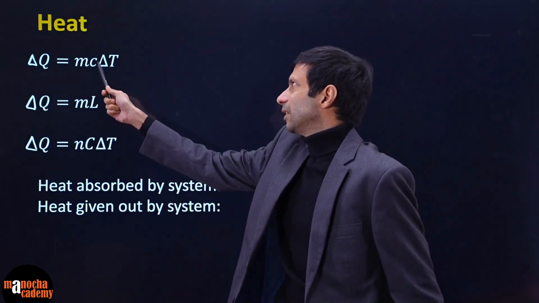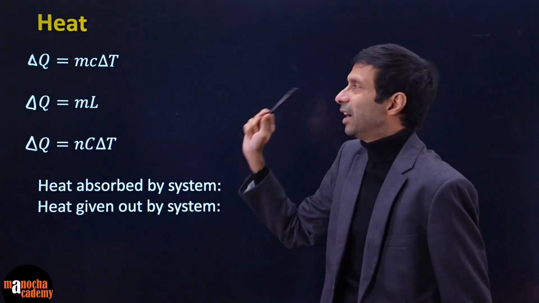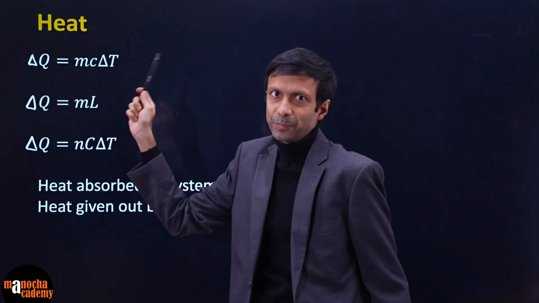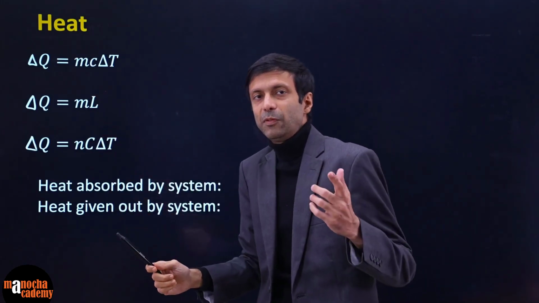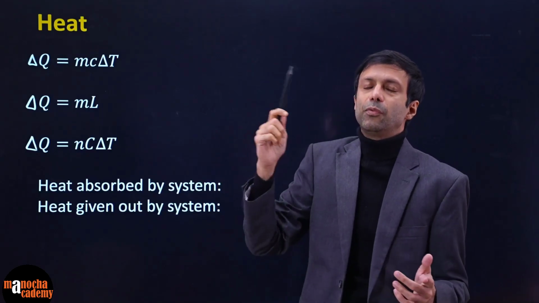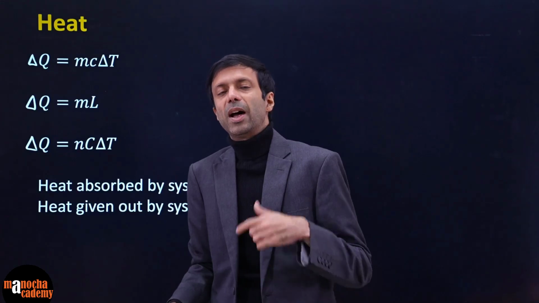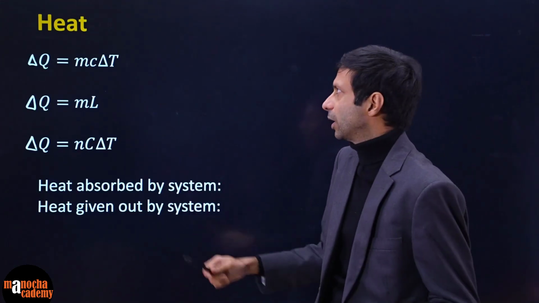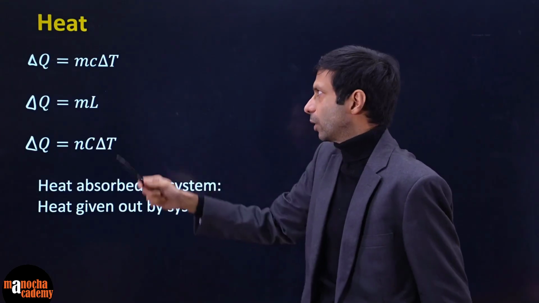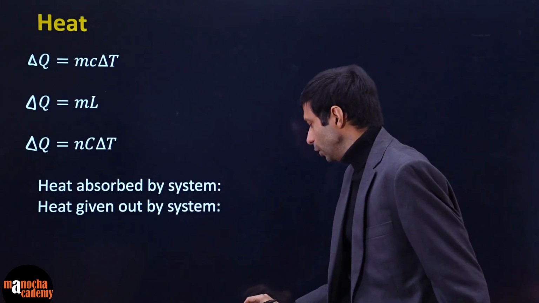We know mass times specific heat capacity times change in temperature. You guys are familiar. I like to call this formula the MCAT. Mass times specific heat capacity, which is the amount of heat needed for heating 1 gram or unit mass of the substance by unit rise in temperature. So this is one formula. When do we use this formula, ML? Do you guys know when we use this?